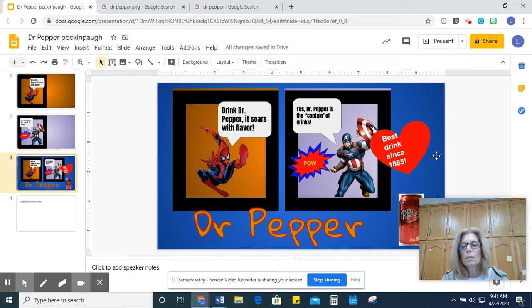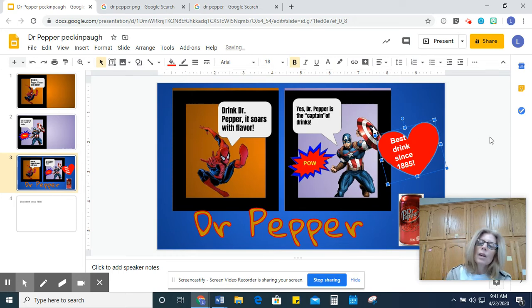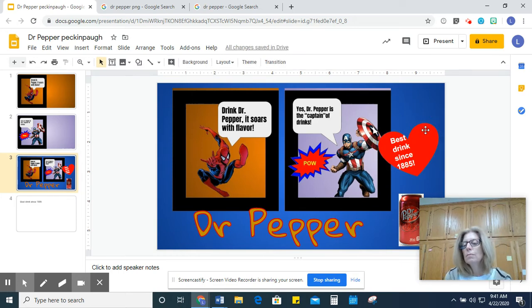Let's see here. I might move that over a little bit. So see if you can get a shape. Get your slogan in it. And again, if you just want to have the slogan, that's fine. Or if you just want to have the product, that's fine. Or if you want to have both, you can do that as well. All right. So if you have your product and or if you have your slogan in a shape,